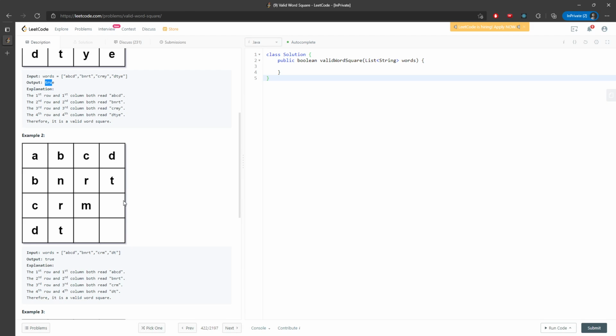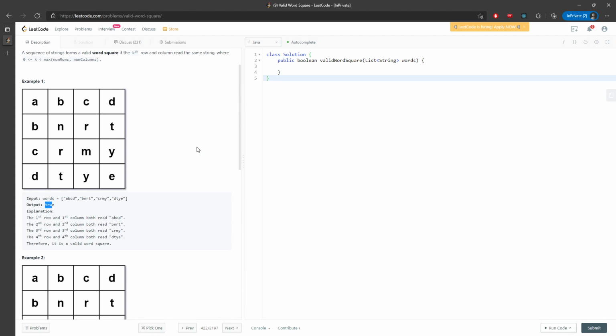And if they do not have the same length, then probably this is not the right solution. So this will pretty much be the solution. Everything has to be the same length. In this question, I'm going to use a StringBuilder to find out my column word,